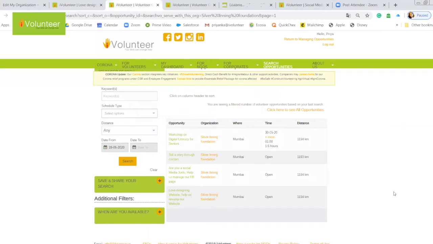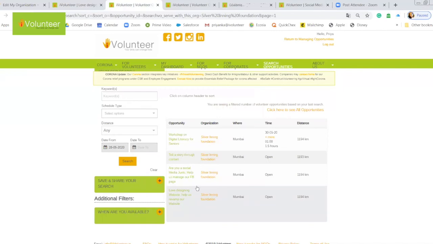Now this is something which you can share on your social media page as well, or on your website. On your website you can mention that for all volunteering opportunities with our organization, please click here, and you can share this particular link, because then they will come to this page and get to see all the volunteering opportunities available with your organization, and it will be less distracting.